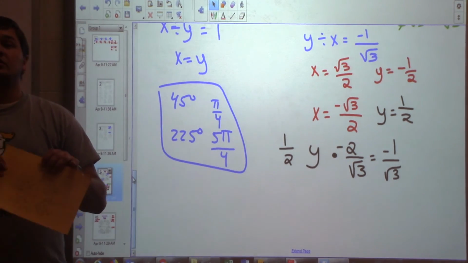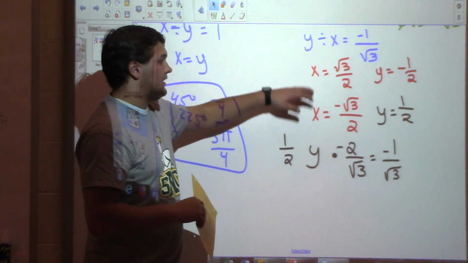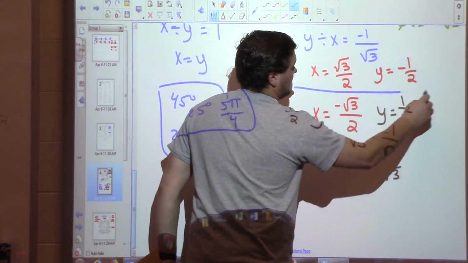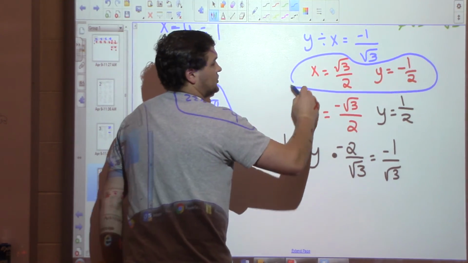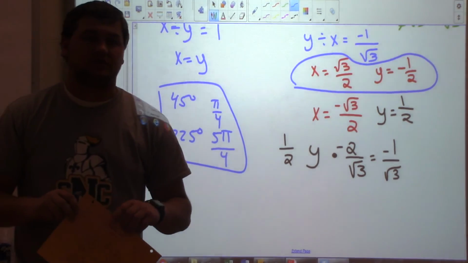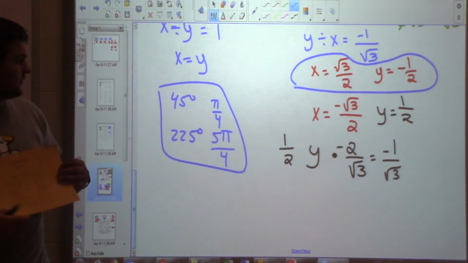What I need to do is look at my unit circle. Just from all of them? No, like just these two, right? Well, technically yes, all of them. I need to find where this holds true. I need to know where does x equal square root of 3 over 2, and where does y equal negative 1/2. So if I go up here,